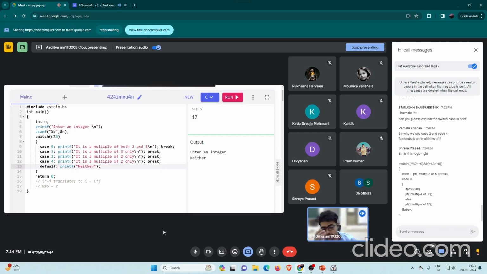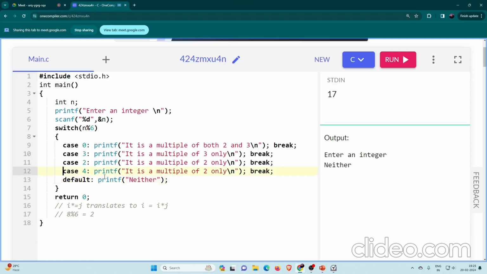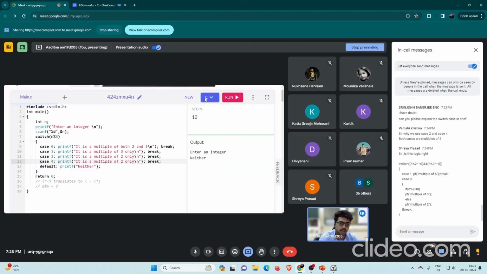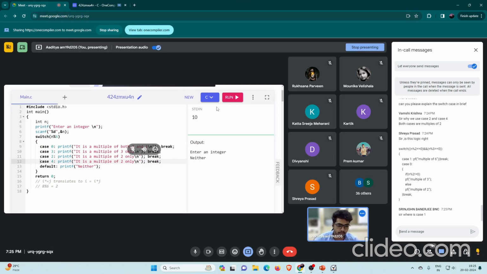But what is going inside my switch is n mod 6, the remainder I get when I do n divided by 6. I have to consider both 2 and 4, because if I don't consider 4, I'll give 10 here, and it will say neither, right? Which is wrong. I need to consider both 2 and 4, because any even remainder